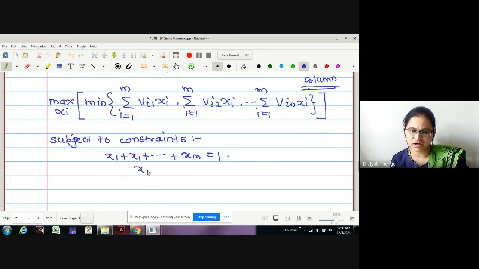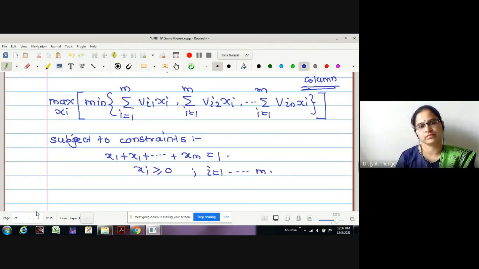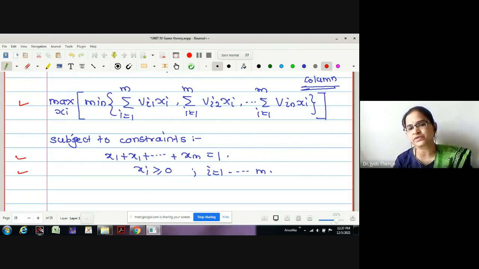And what is the second constraint? All the probabilities are non-negative, i equals 1 to m. Is that okay? Now look at this structure. Isn't the structure familiar to us? Maximizing some value which is subject to some constraints. Correct? What I'll do, whatever is this bracketed